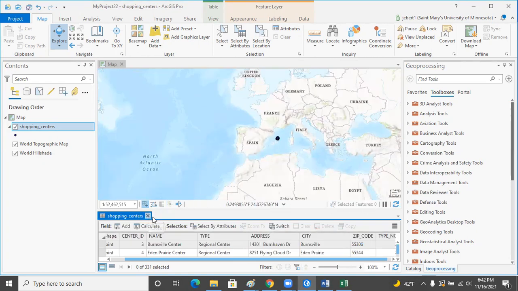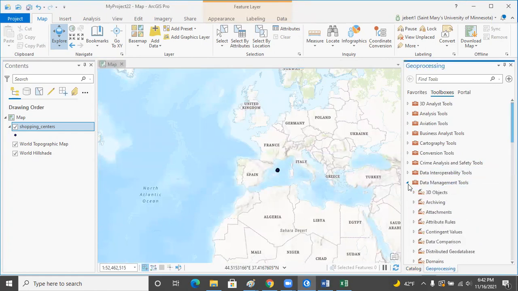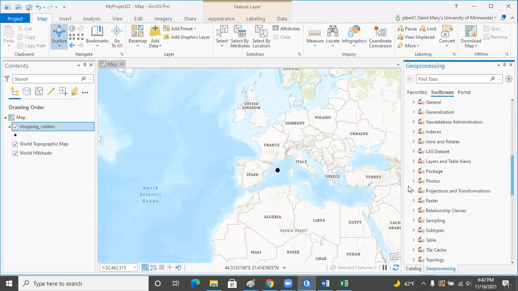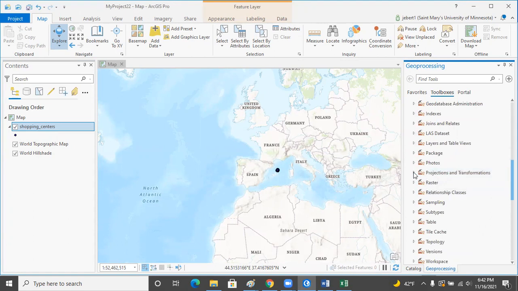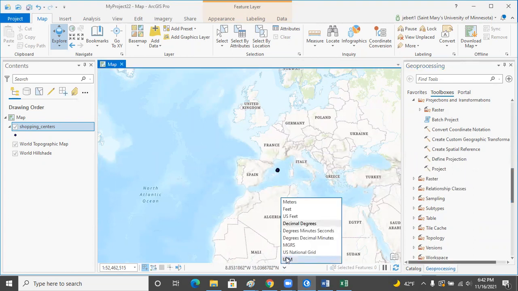So I'm going to close our shopping center attributes, and let's go down to data management. Down towards the bottom here, you'll see projections and transformations. Let's open that. Now let's look at define projection. We know right now that this is already defined. And if we do go to a UTM, we will see that some of the numbers down here are,